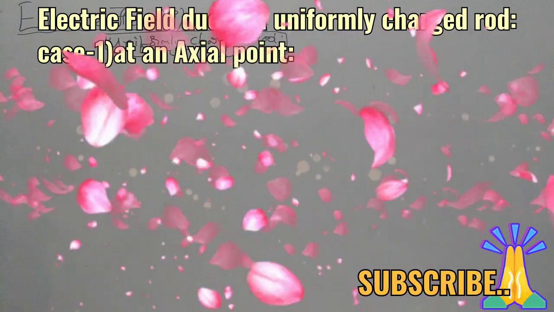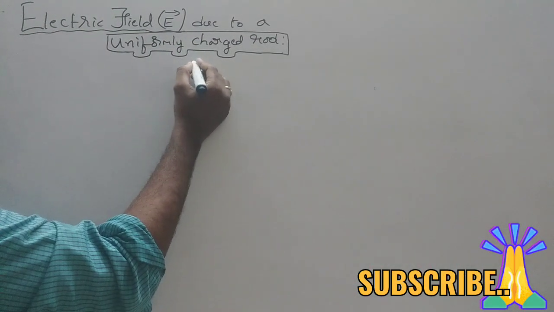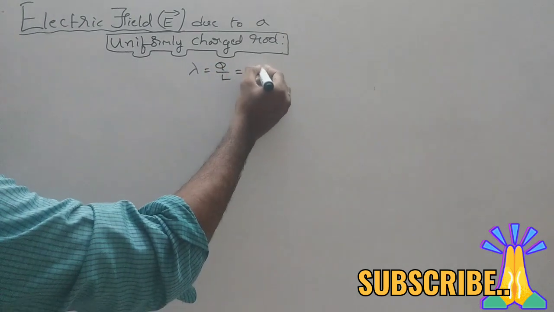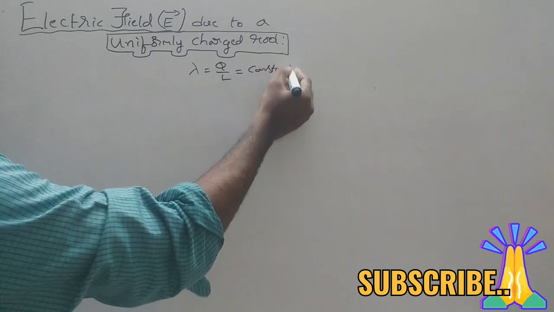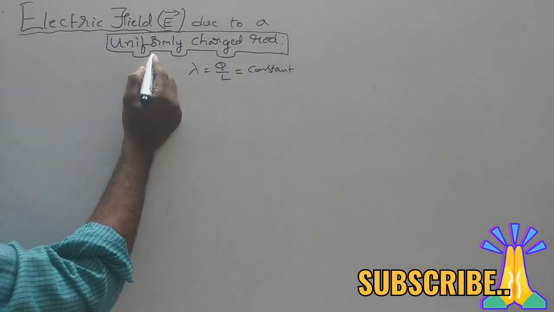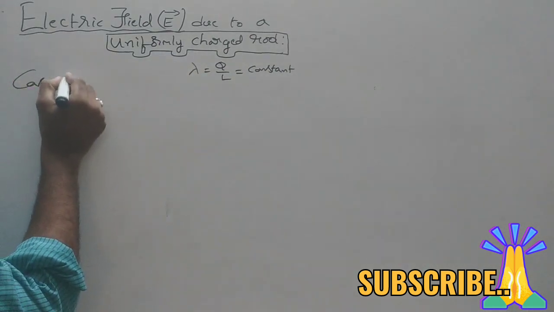Electric field due to a uniformly charged rod. We already discussed the uniformly charged rod: lambda is equal to Q by L, which is a constant. In the previous video we discussed this. Now let's see how to find the electric field due to a uniformly charged rod. We are learning case 1, that is